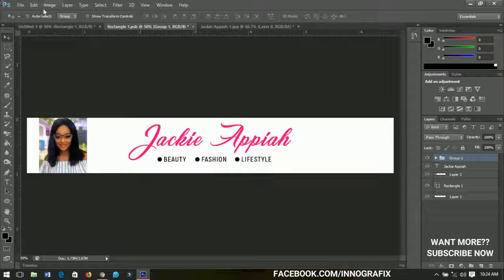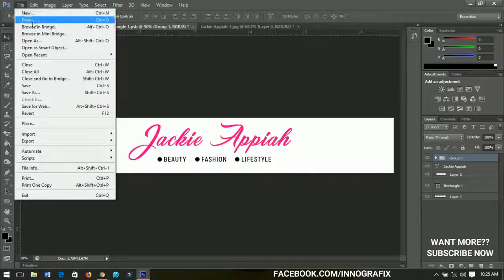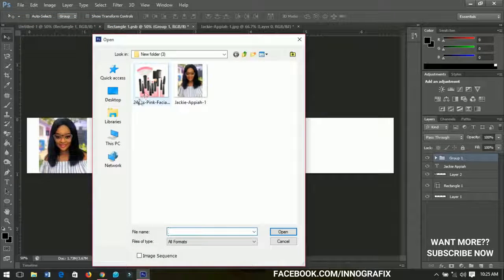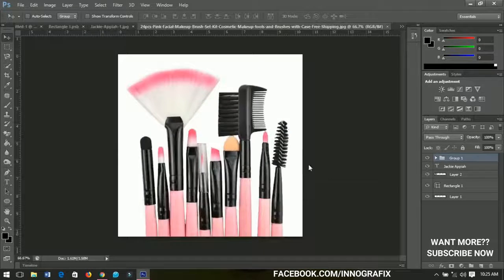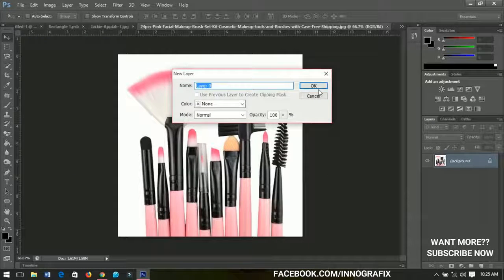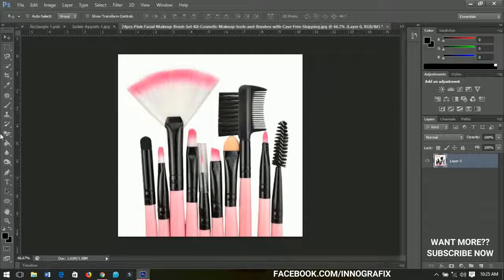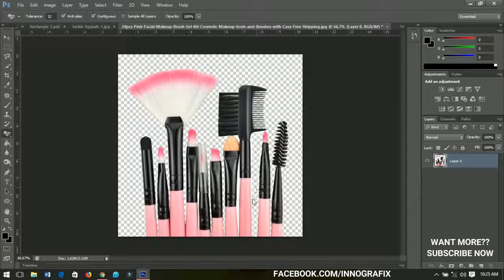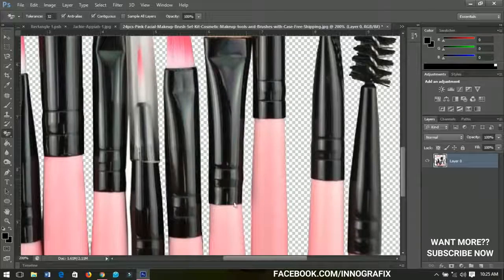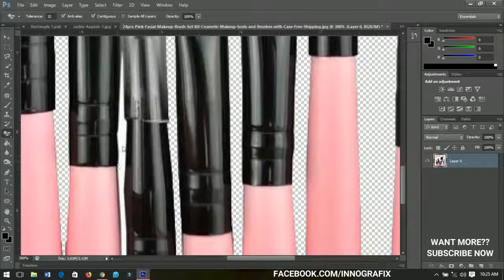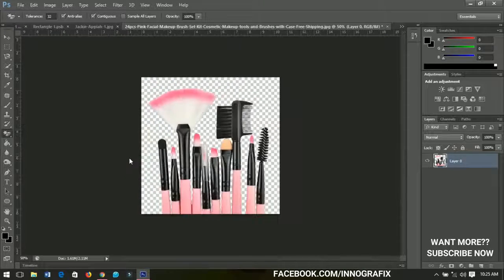So I'll go to file again, and then I'll open this particular, I don't know how it's called, but you just have to open it, and then you double click on this one to remove the background. So I'll use the magic eraser tool. I'll just left click here, and then left click again. So you remove all the backgrounds, and then you send it to